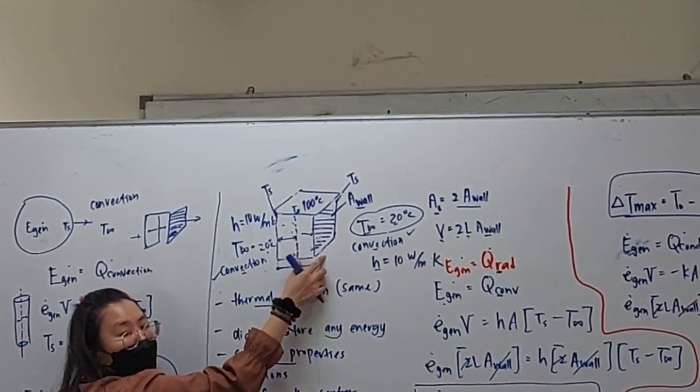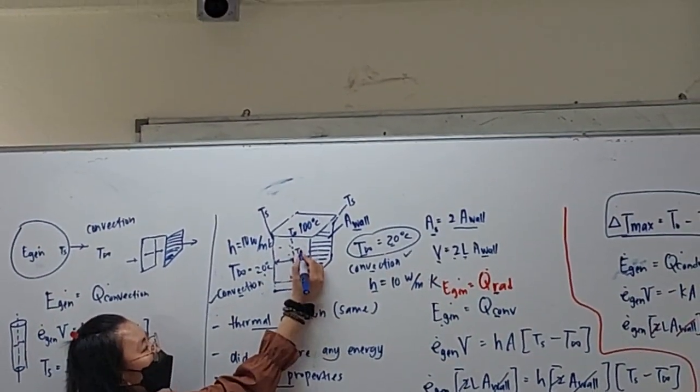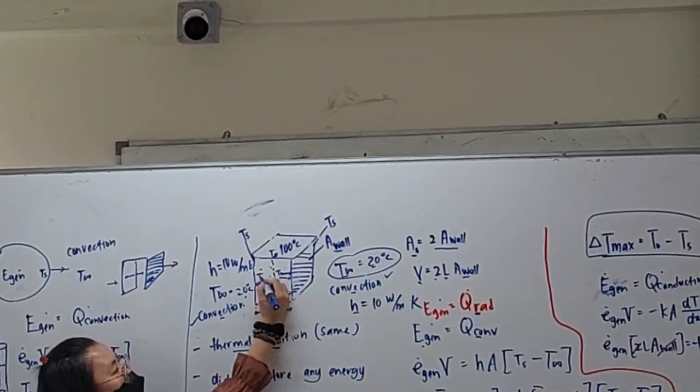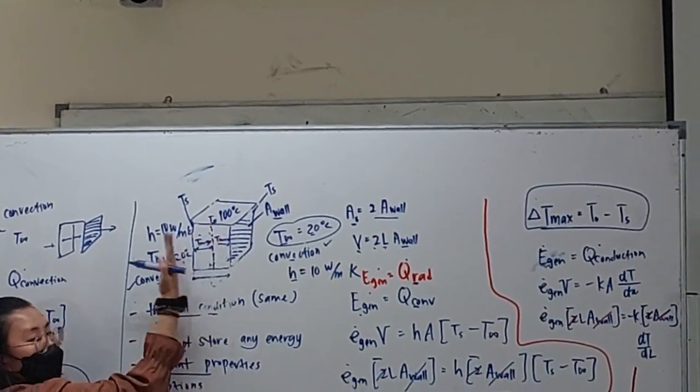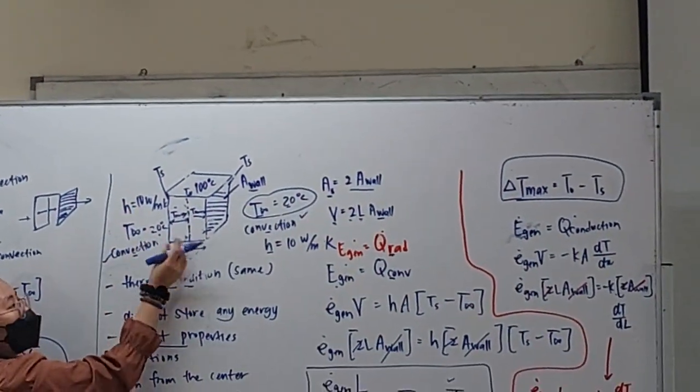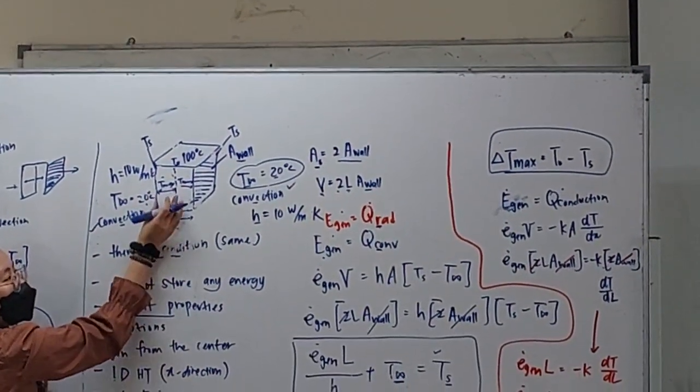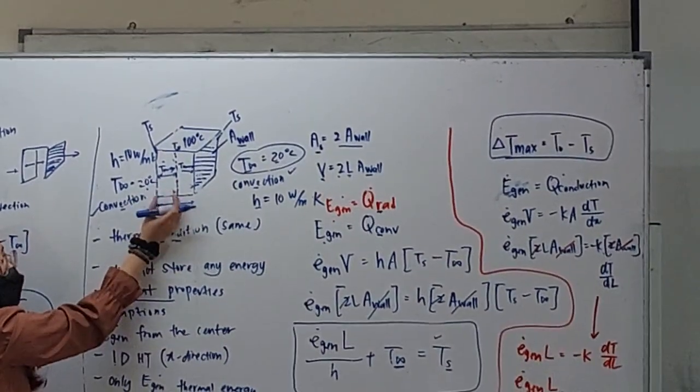Same to here. This is Tmax. This is Tmax. Because the heat transfers from the center to the surrounding, we will see that the temperature difference is a huge value, from the surface to